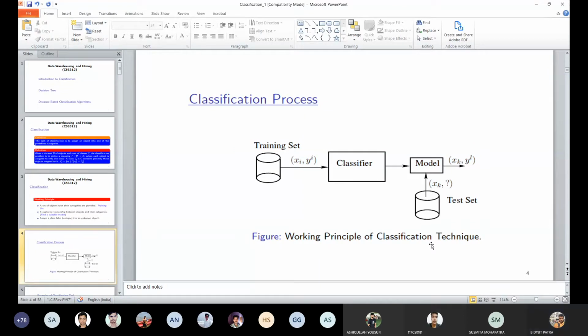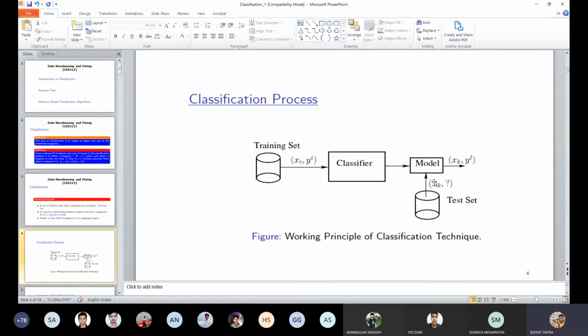Once the model is built, now comes the test set. Test set, what is that? The test set consists of unknown objects. It is unknown to the classifier. Whenever we feed this test set to the model, we don't know the class level, therefore there is a question mark, you can see.